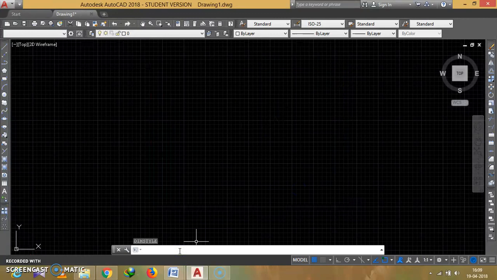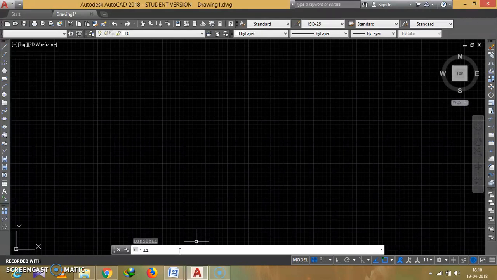Next, the limits. Here in x and y it is infinity, minus infinity to plus infinity in x and minus infinity to plus infinity in y. If the plan is given with limits of 10, 15, that is in my x-axis it is 10 meters and in my y-axis it is 15 meters, I have to set the command as 10, 15.